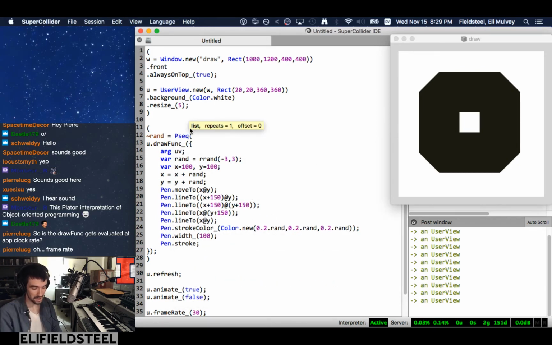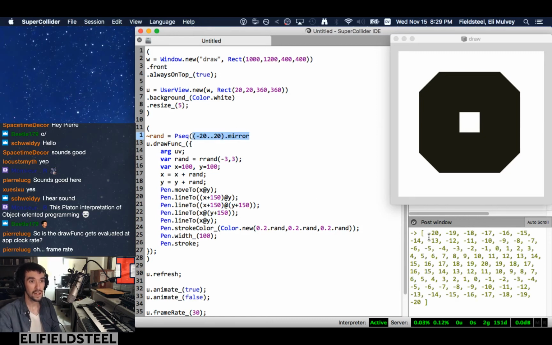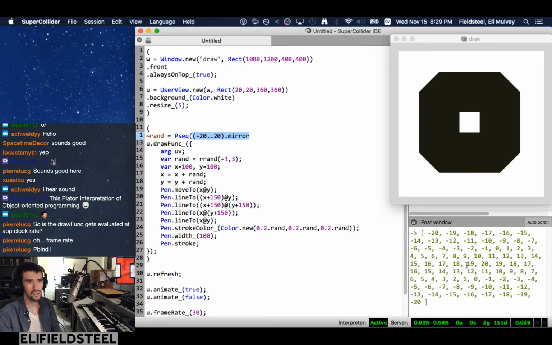So what if we say Pseq, we'll say -20 ... +20 ... mirror. This is a method for arrays that gives us that array, and then as you can see,